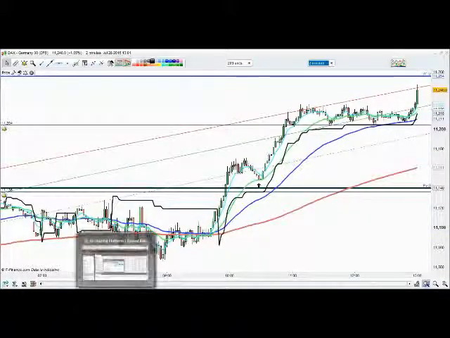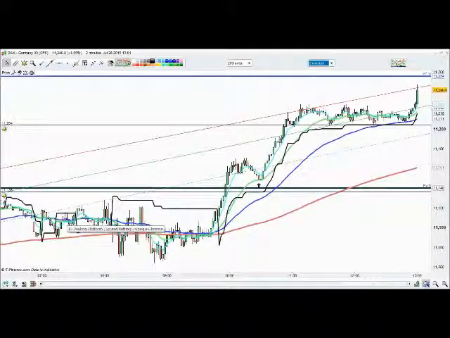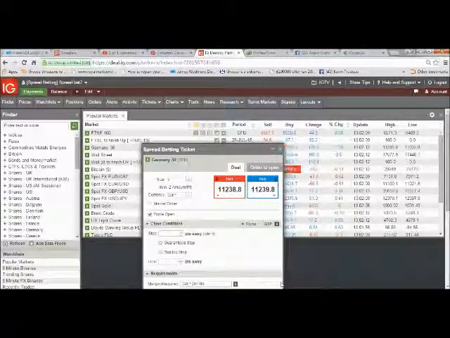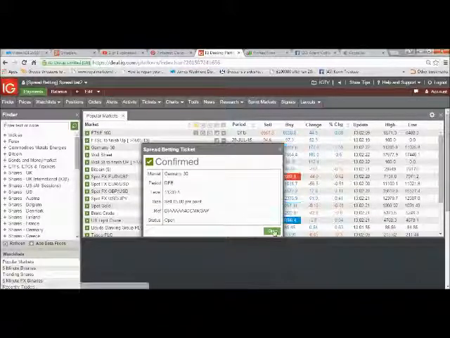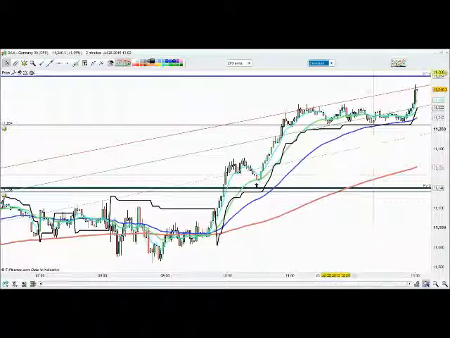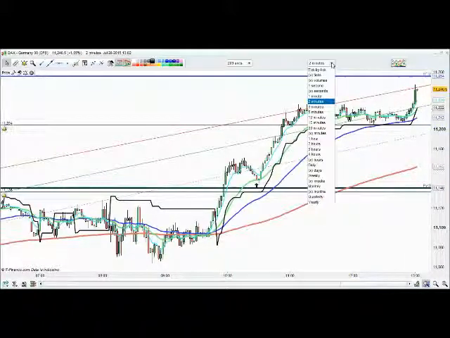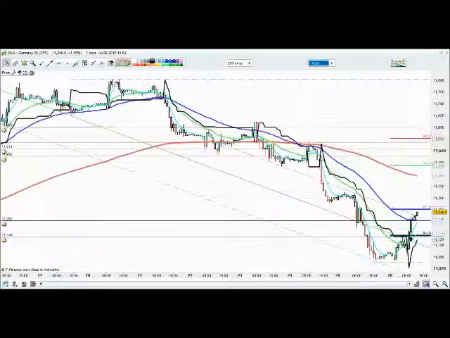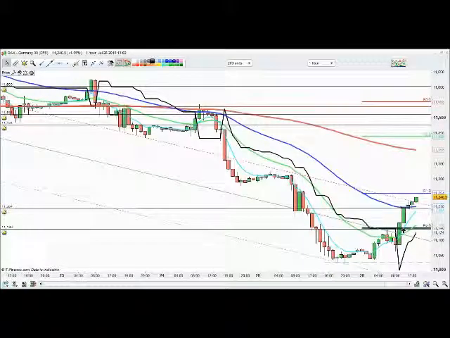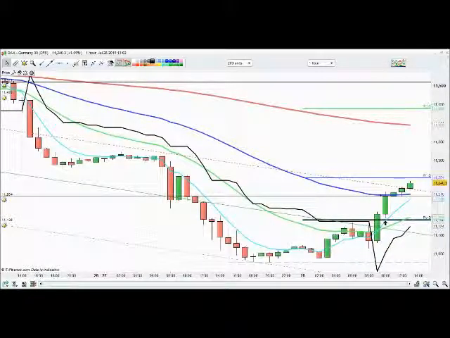So I'm just going to go in. Okay, so I've got my spread betting ticket up now and I'm looking to sell at 11,239. So I'm just going to press the button there and I've just sold the Dax there. And the reason why I sold it again is because it's just come to a point of resistance, which is just around here. So when we're looking for the best opportunities of selling, where a price hits resistance,